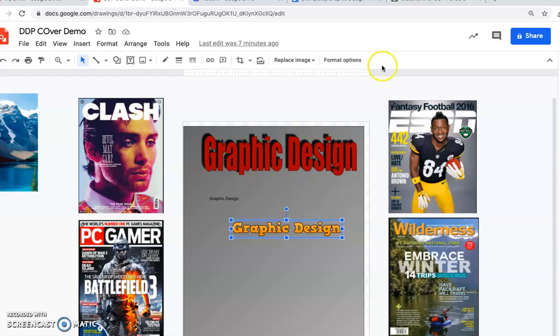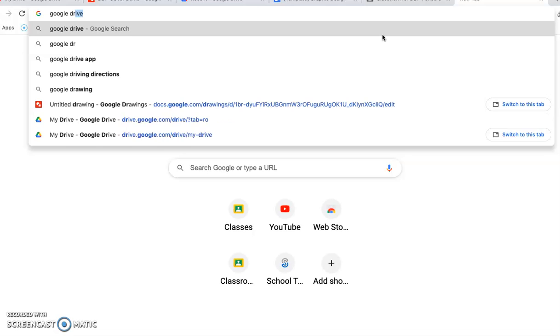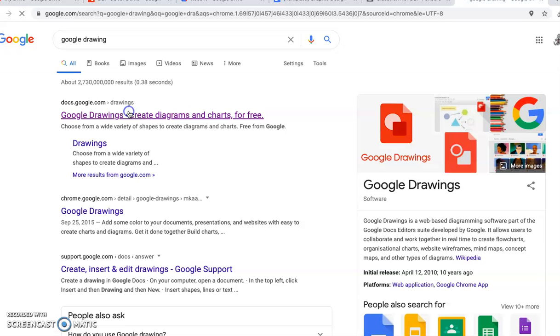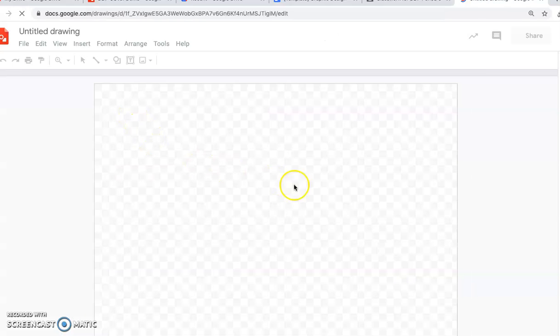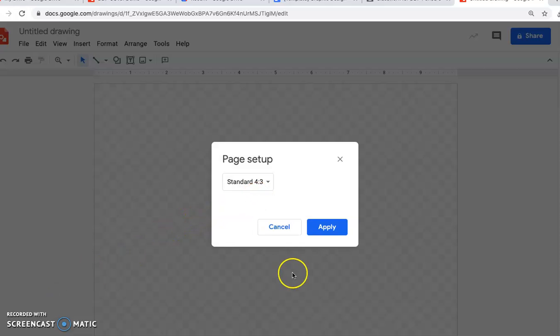Couple things when you start a new file. One thing we want you to do, just like we did with your portfolio covers, when you open up an untitled Google drawing, the picture itself that's on the screen is a transparent background. And we want you to take that and set that up to be the size of an 8.5 by 11. So once I go to File,